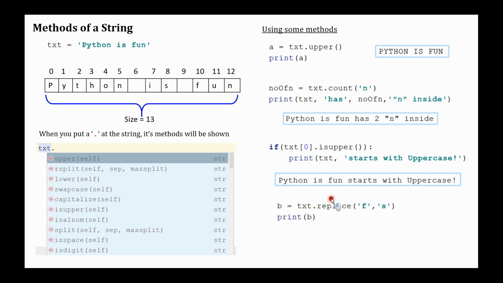We can also use .replace to replace certain characters. txt.replace('f', 's') means we want to replace the f character in the string with the s character. So in the whole Python is fun, this f will be replaced by the character s, and it gives you another string. We don't change the txt. This string we store inside b, and as we print, you will see